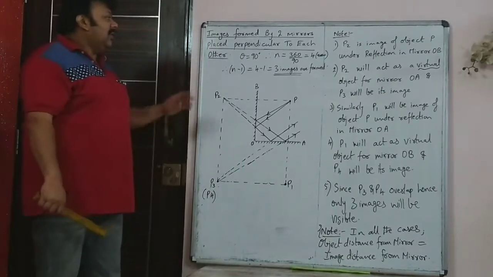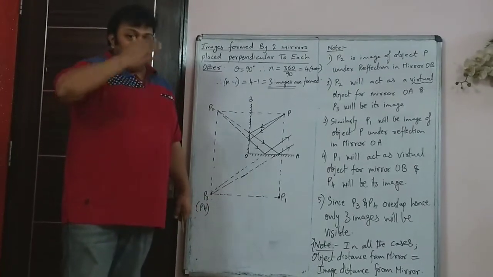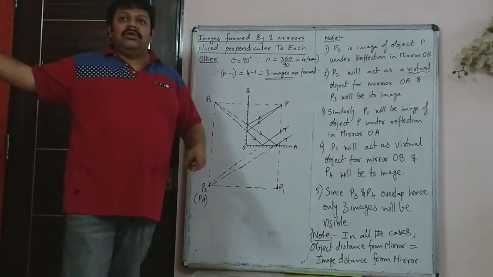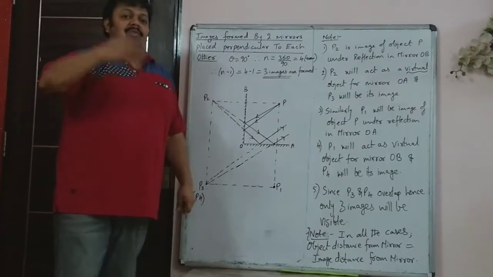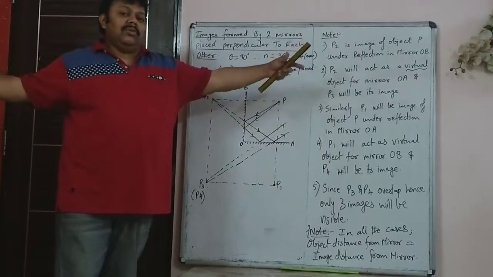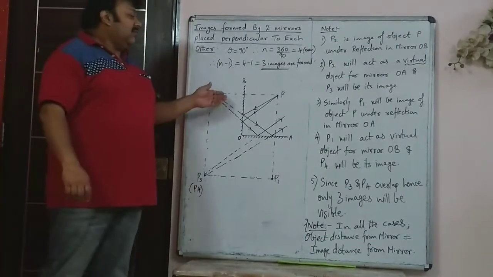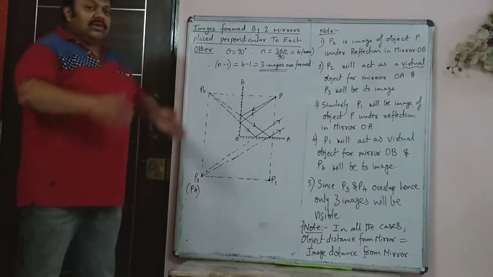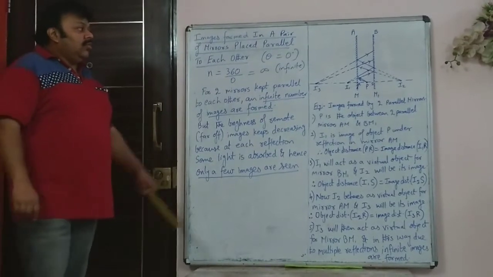Next we see when 2 plane mirrors are kept parallel to each other, like you see in many barber shops. That makes the room appear to be bigger. Even in a gym, generally mirrors are placed on both sides, so that the room appears to be much bigger than it actually is. But we have to see the ray diagram and the image diagram when 2 plane mirrors are kept parallel to each other.